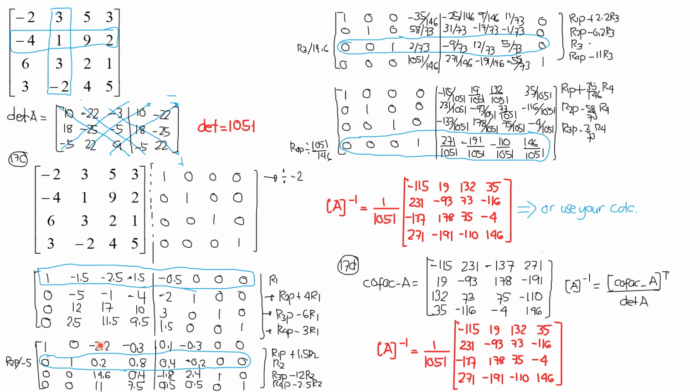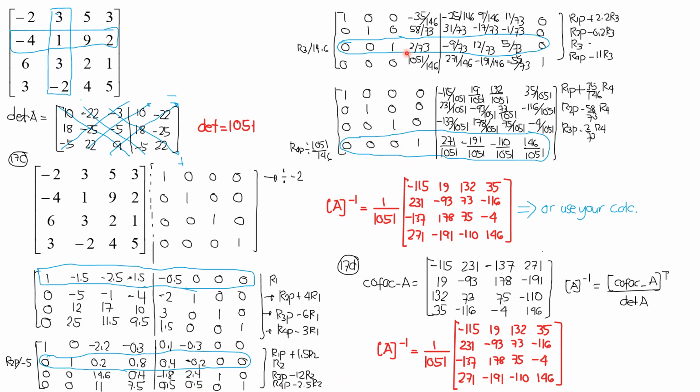If you want to practice, then you should evaluate this, confirm if these are the values. Then row 3 previous, these elements here, minus 12 times row 2, so that it becomes 0. So these are the new elements in row 3. Then row 4 previous, minus 2.5 of row 2, so 2.5 minus 2.5 of 1, that's why we have 0 here. Then the rest, these are the elements.